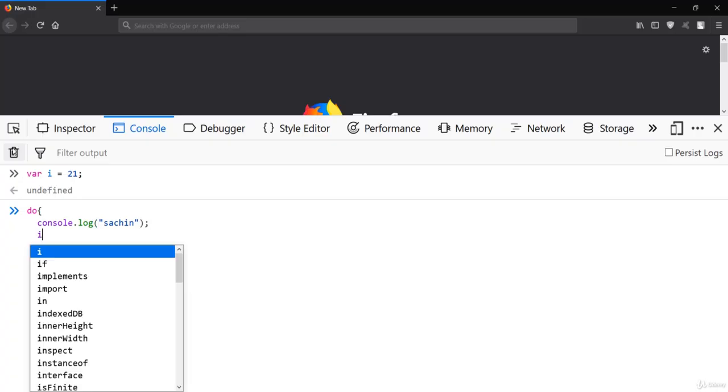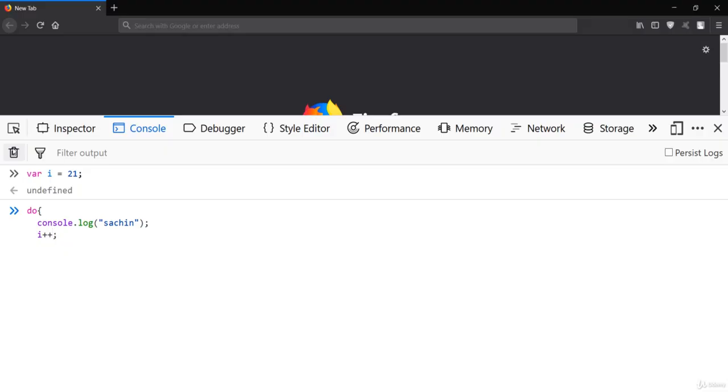I have to increment the value of I, and after that I'll put while, and after the while you have to give the condition. I'll say less or equal to 25, and you have to give the semicolon at the end.